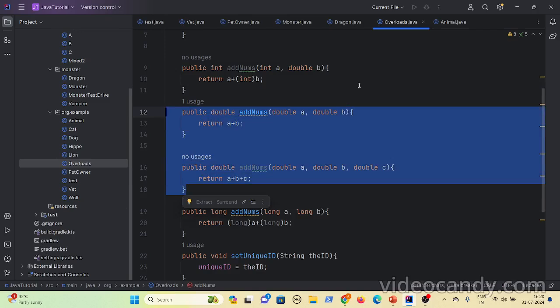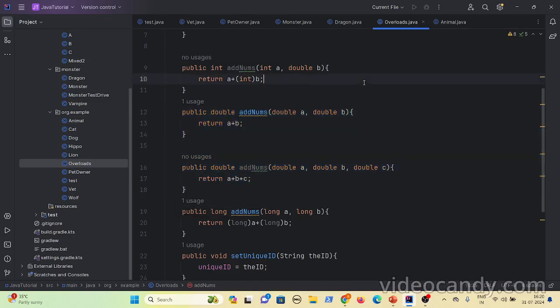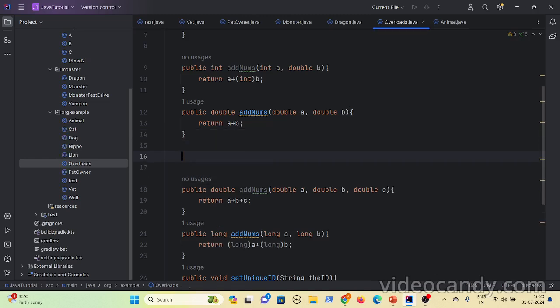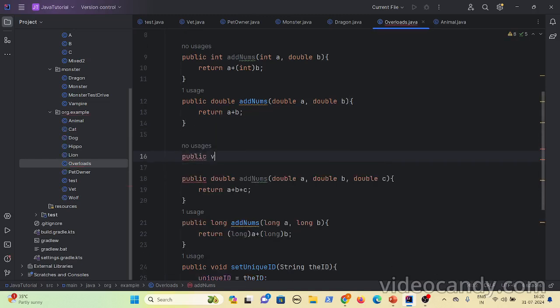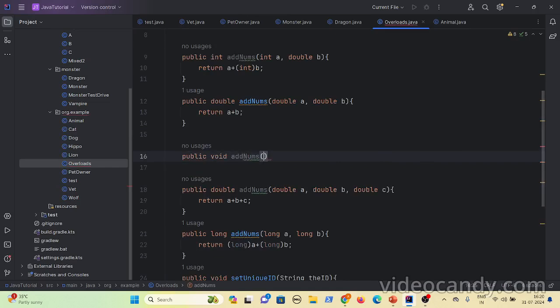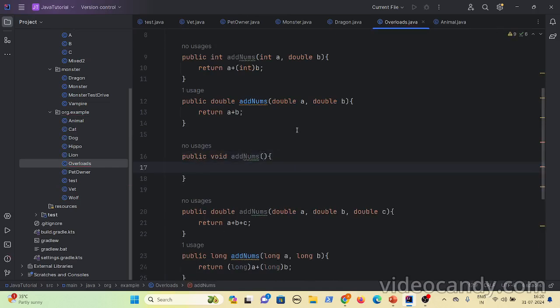So you can say two methods are overloaded methods if they have a difference in either the number of parameters or the type of parameters. It can accept two parameters, it can accept three parameters, and one method might accept only one parameter and another method will not have a parameter at all. Let's say you can have something like public void add names, and these two methods are also overloaded methods.